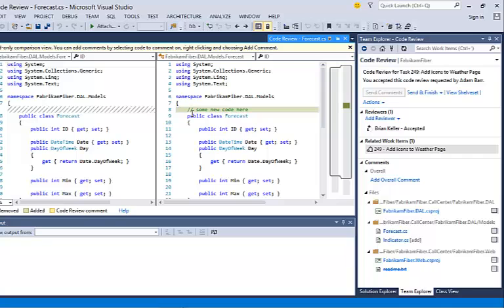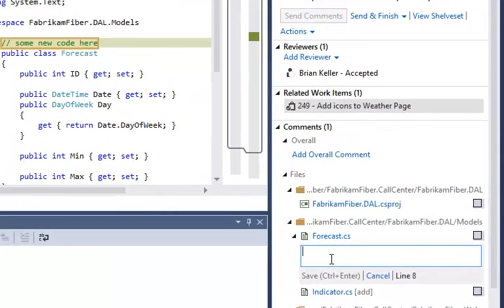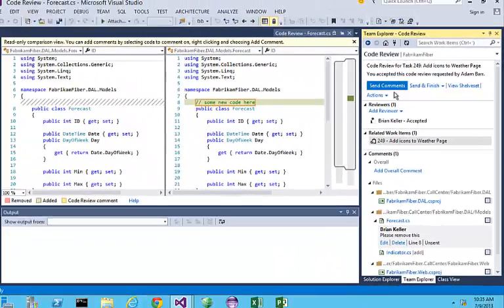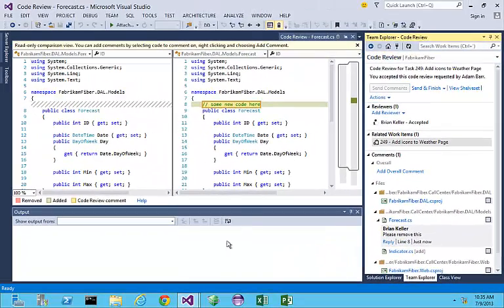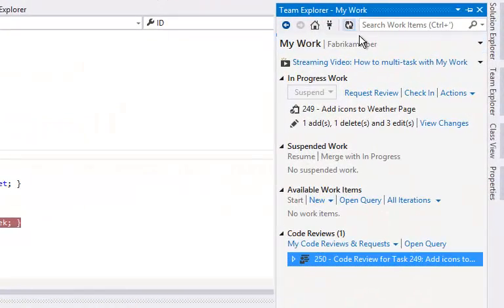Brian is then able to highlight any piece of code, right-click and select Add Comment in order to comment a piece of code. Brian can then send those comments by clicking the Send Comments button. Let's switch back to Adam's Visual Studio. If I refresh this,